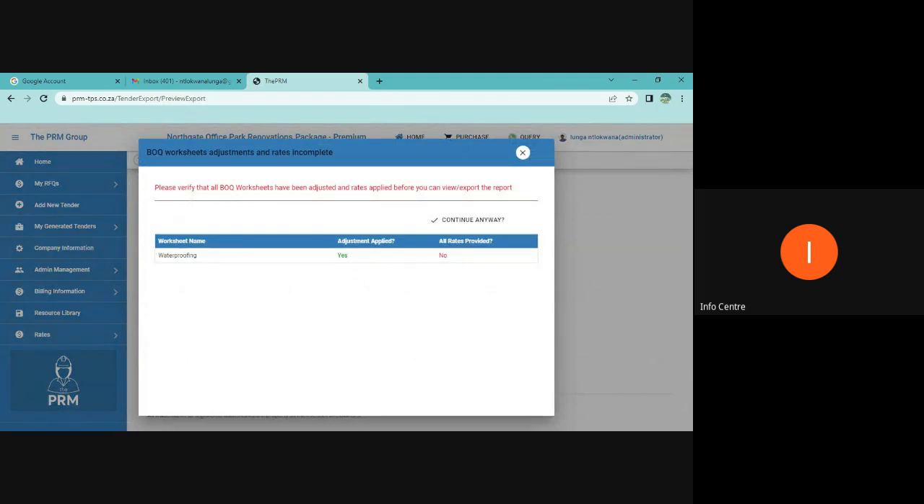Great. So what the system does, it goes through and checks. The second thing that it's checking too, have you added markups in all your items? If you have not done that, it will tell you that, listen, go back and adjust this. But if you want to continue anyway, you can continue, but it will warn you that your final offer is